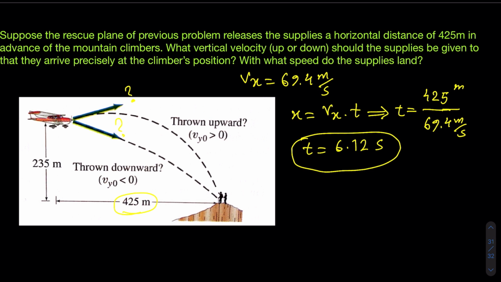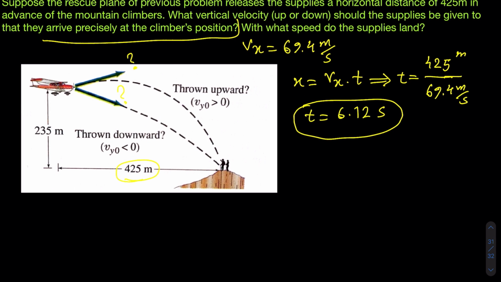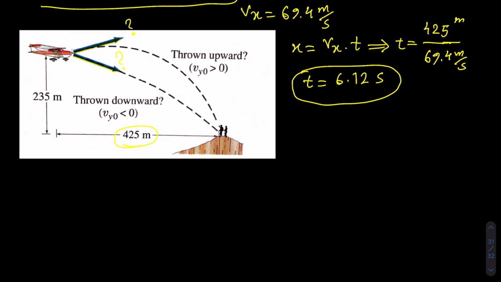So this is the time it takes for the supplies to land, or to be dropped to the mountain climbers. But this is not what we were looking for. We are going to calculate the initial vertical velocity for the first part of the question. Okay, it's asking for that. In this case, I will select the